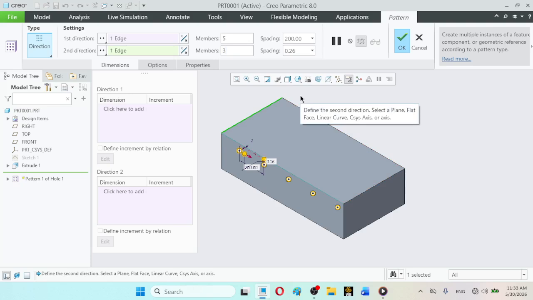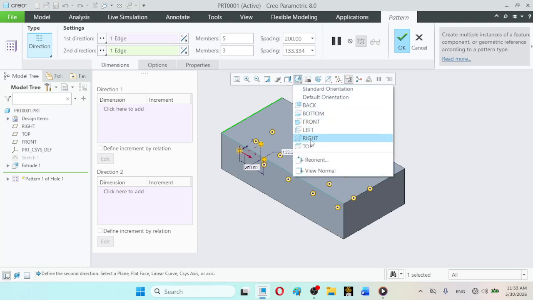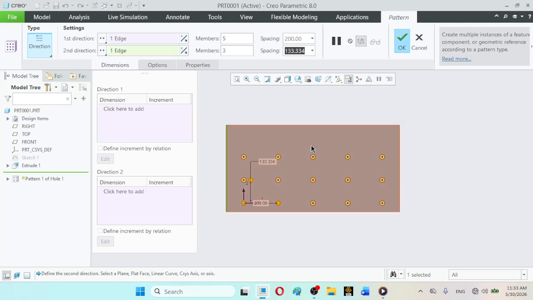So when 400 was divided by 3, we actually got 133.334 etc. You can better observe it from the top view.